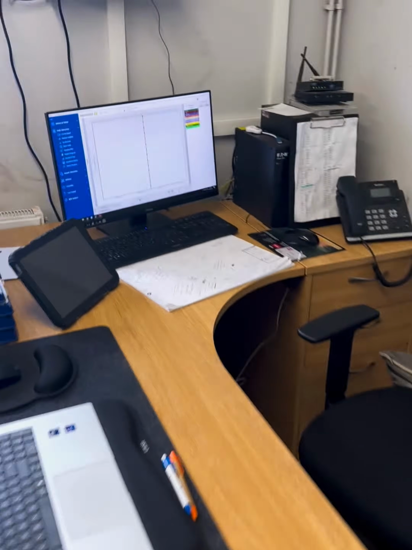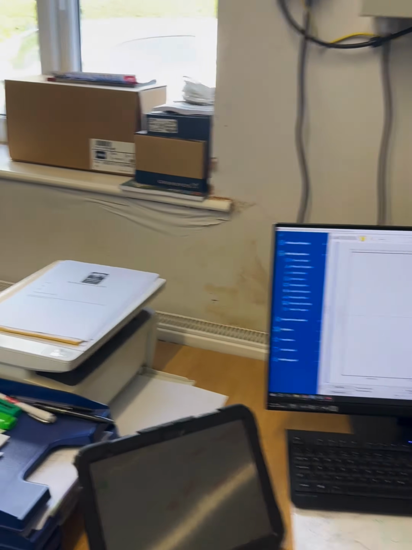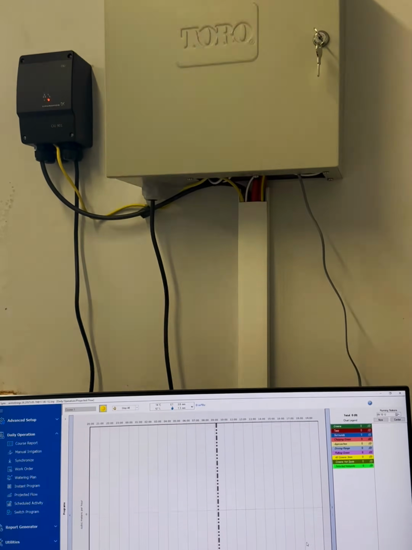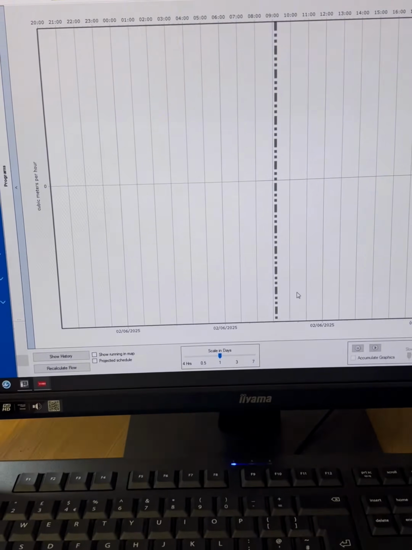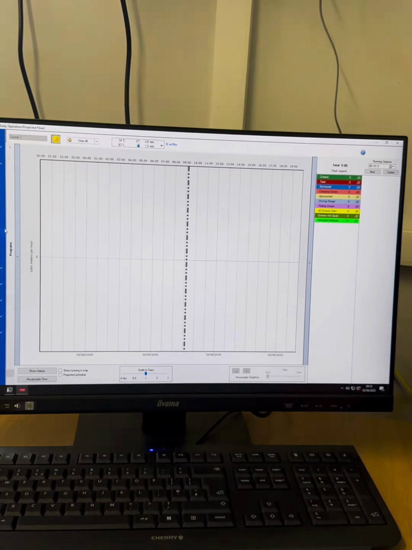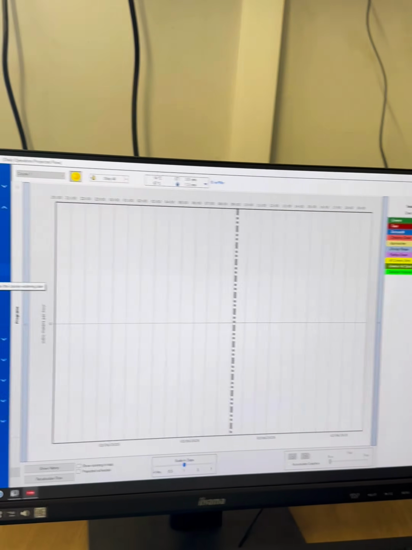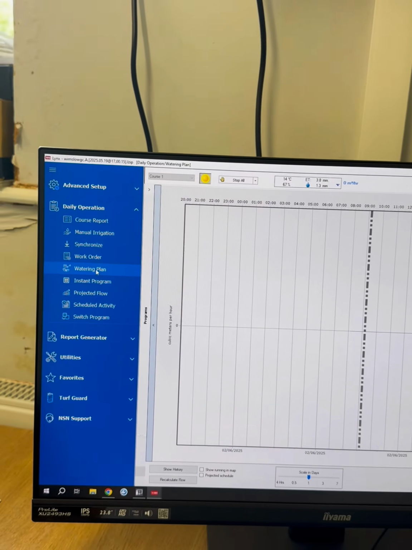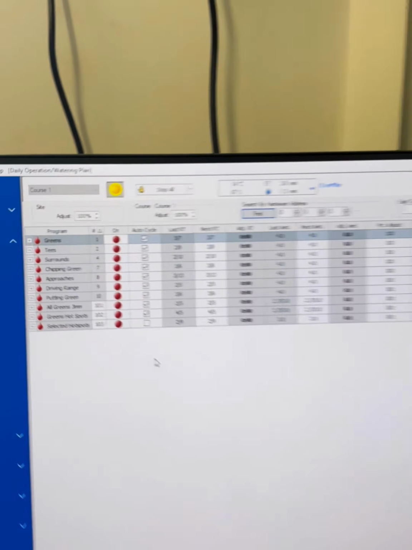So here we are in the course manager's office. One of the biggest features of our new system is the incredible Toro Link software that we've had installed. So here we are at the PC. What we're able to do in simple terms for you to understand is create different watering plans here and hand